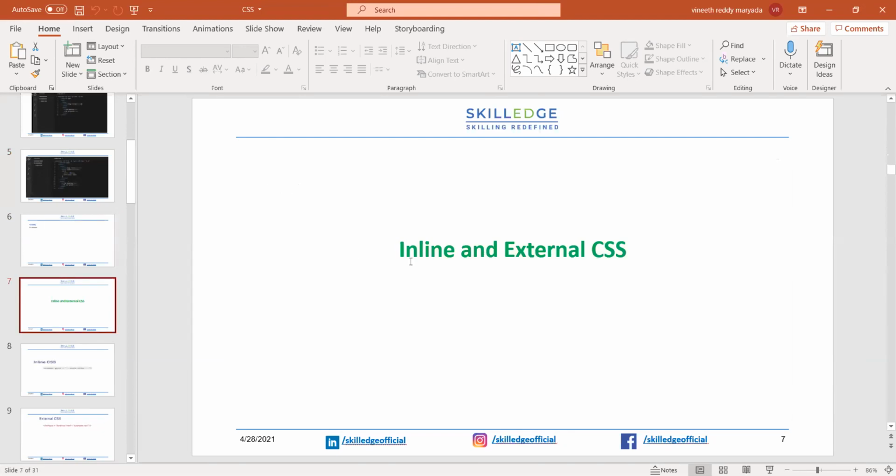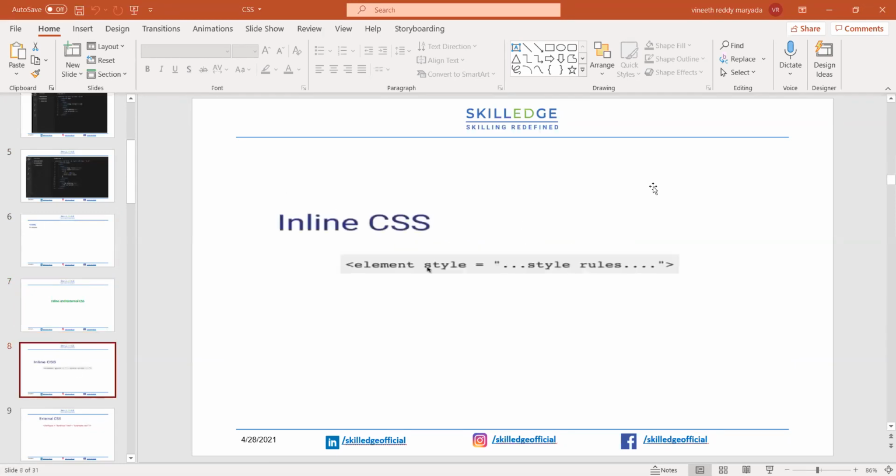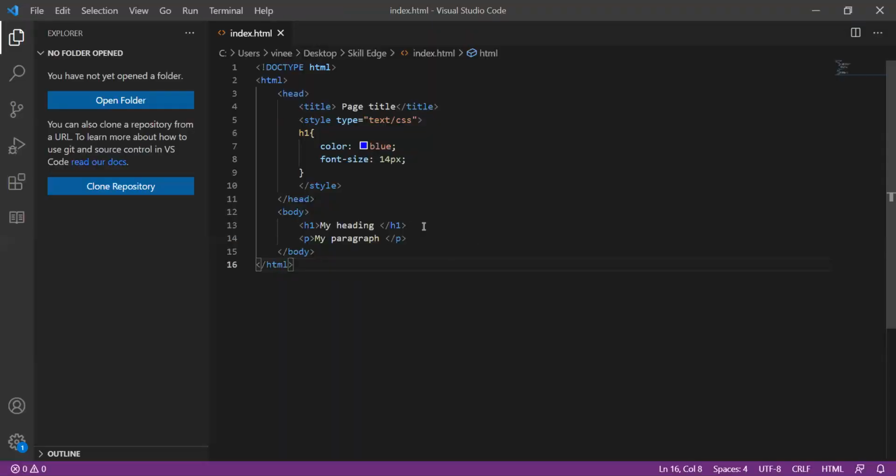So here we will continue with where we are, internal and external CSS. So let us see now how we will add and define the style attribute here, and inside this let me define a color for this. Now we will see it in a program. And guys, once I share a new screen, just let me know if you are able to see my VS Code when I'm coding. Then I'm entering a program. Just let me know if you are able to see the screens.